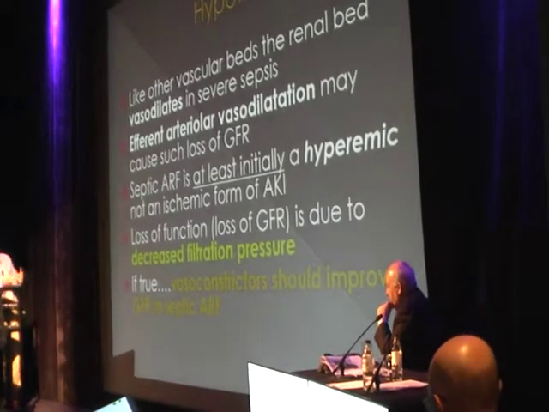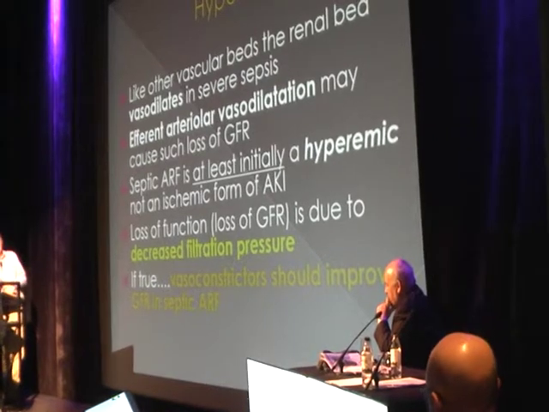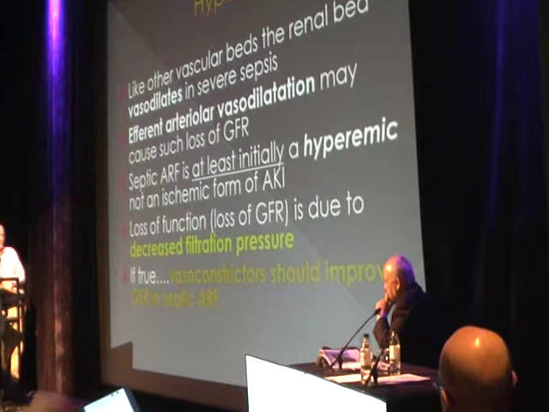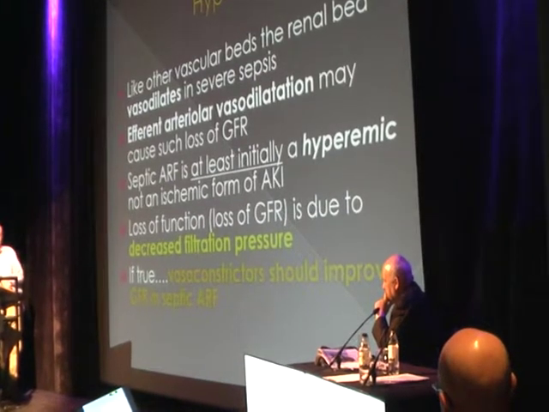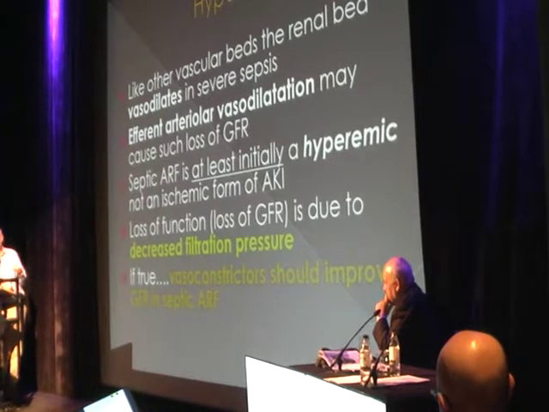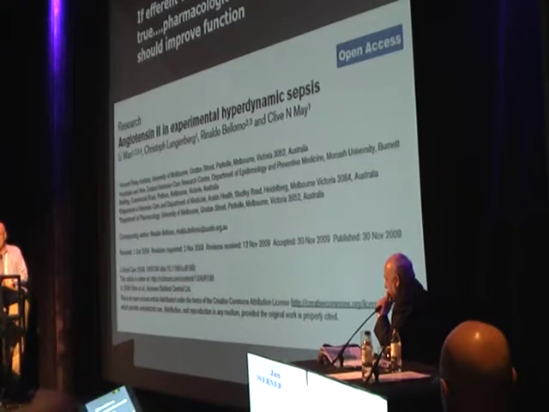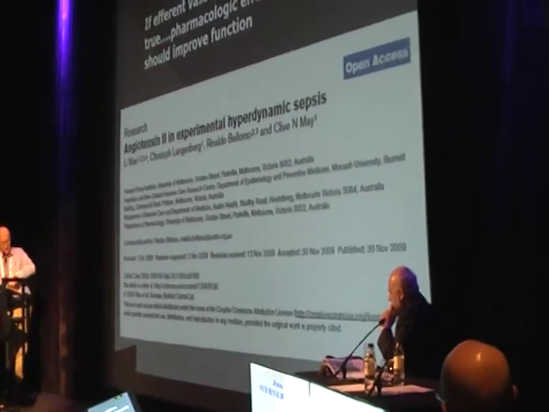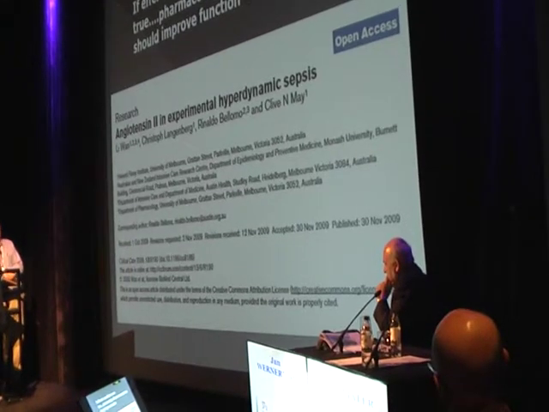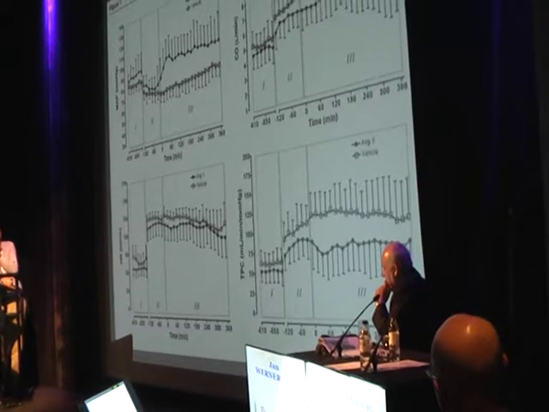So if this is the thinking, that the hypothesis as to why there is vasodilatation and loss of function in the kidney, then the logical expectation would be that if you gave a vasoconstrictor, you would potentially have a reversal of this physiological state in the animal. And you can do that with a selective efferent vasoconstrictor like angiotensin II and test the hypothesis that this might